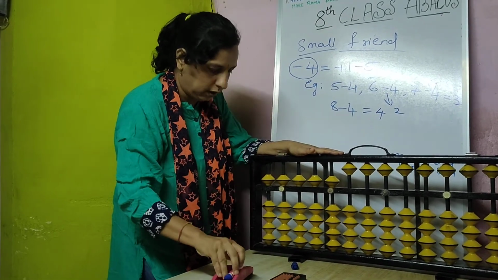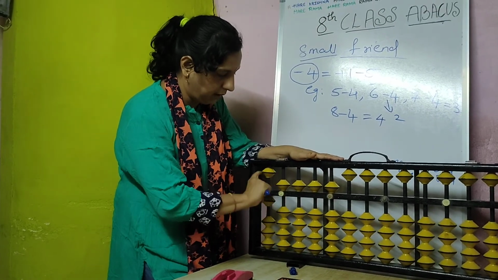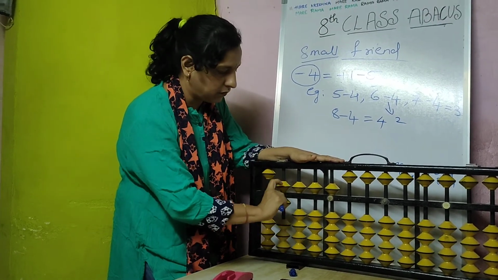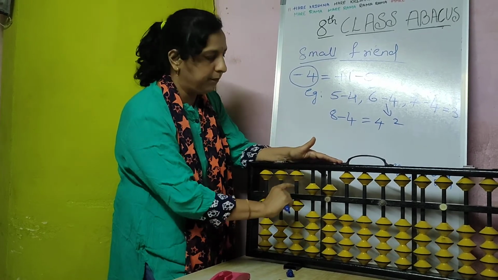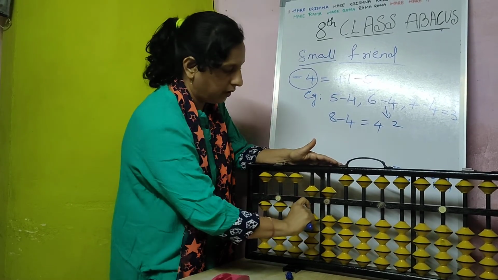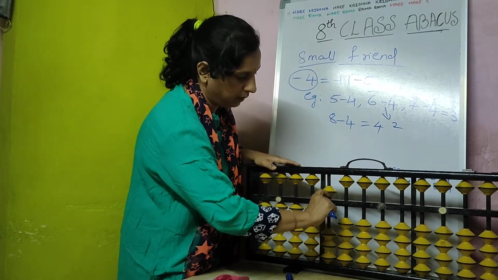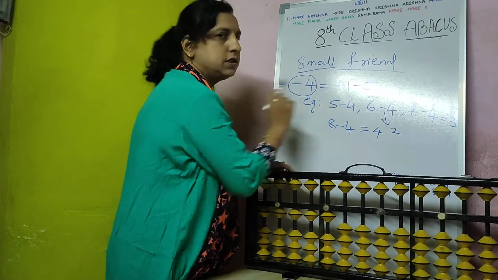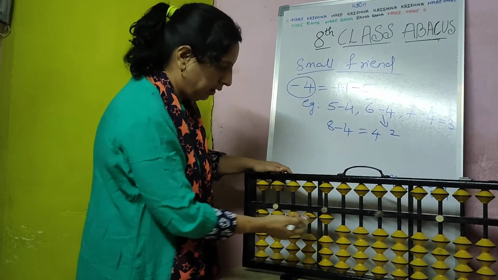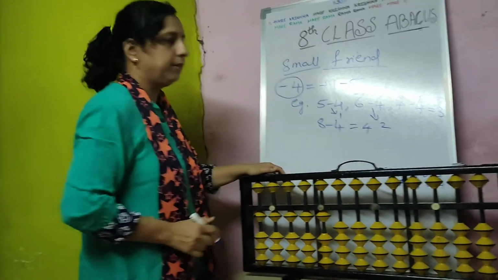Do the same thing again like this. Plus 1, always hold the pencil. Plus 1 minus 5 at a stretch. This also you have to bring up. Push minus 5. Plus 1 minus 5, our formula. So my answer is 1. 5 minus 4, how much? 1. My answer is 1. I hope you understood this.